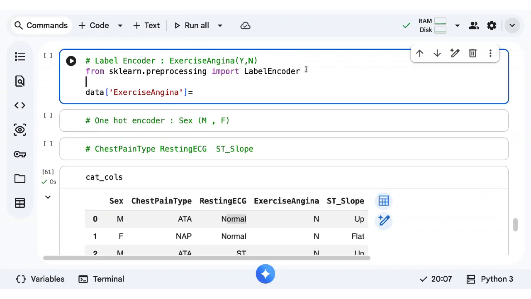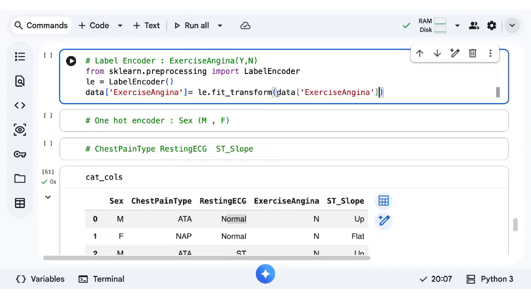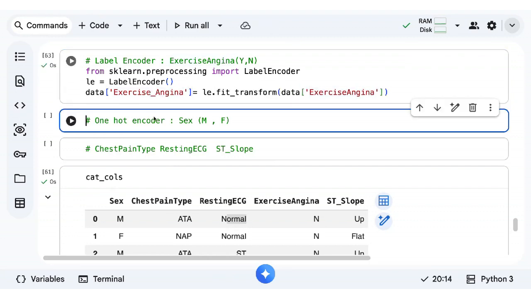So first we have to define the label encoder, right? LE equals, I'll just initialize it. Okay. Then I'll call LE dot fit_transform. You have to pass your column. So basically, we have to create a new column. So I'm just changing the spelling. Instead of capital, I'm making it small. Or else you can take the same name and use an underscore just to separate it. Okay, done.